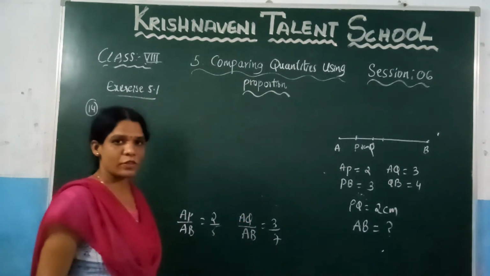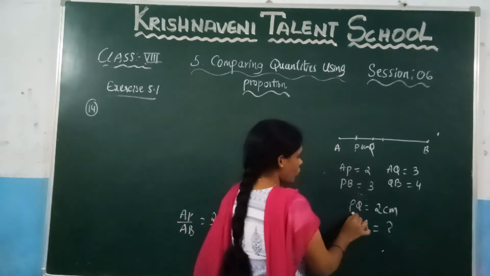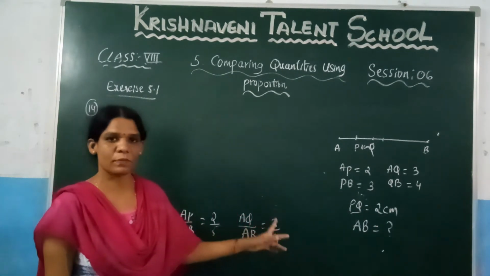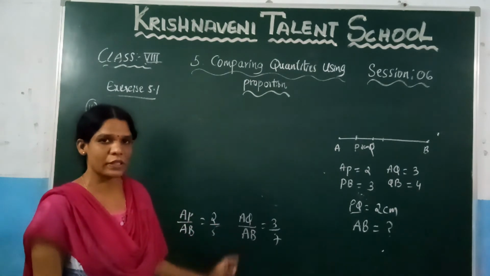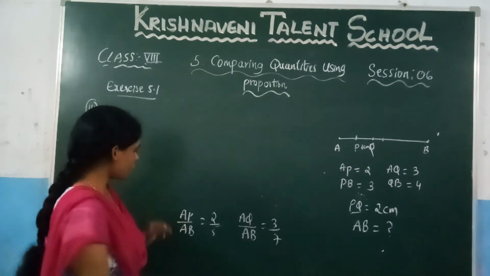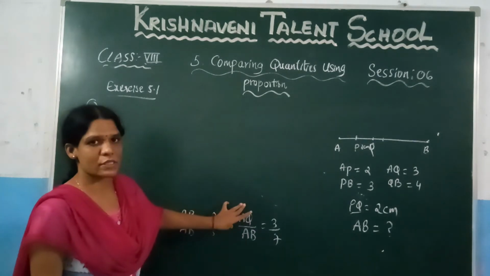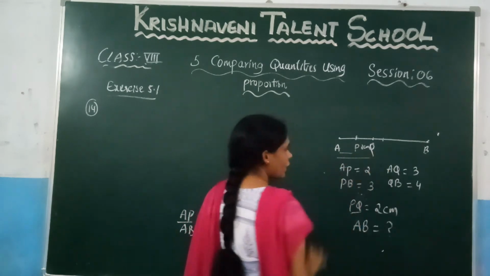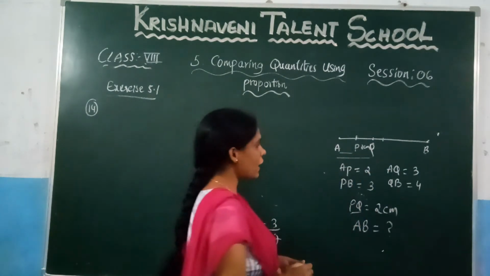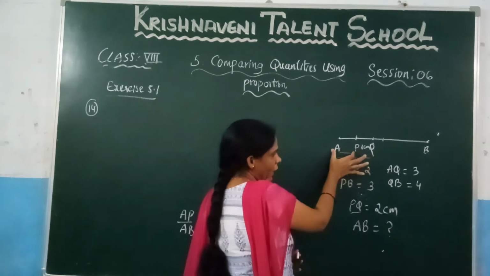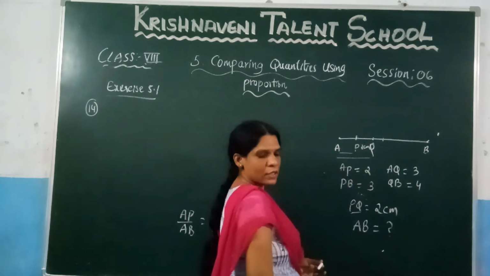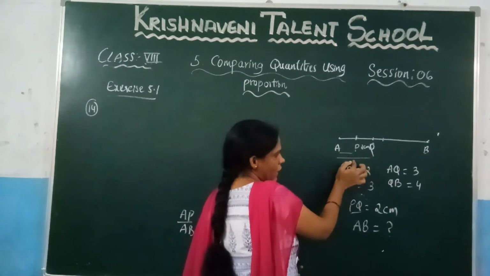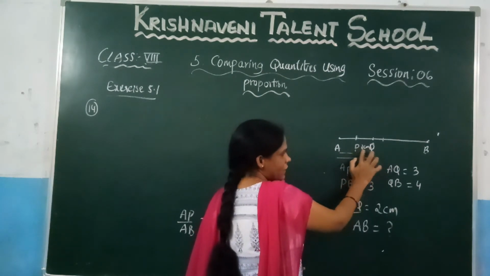And here one more piece of information is also given, which is the length of PQ. What we need to do here so that we will get PQ? Let us see here in the numerators what is there. AB is there. Here AQ is there. So where is AB? This is AB and this whole length is AQ. Now you can observe that if you subtract AQ from AB, you will get PQ. Right? Here I am subtracting this total length from this part. If I subtract these two parts, what you will get? I will get this length.